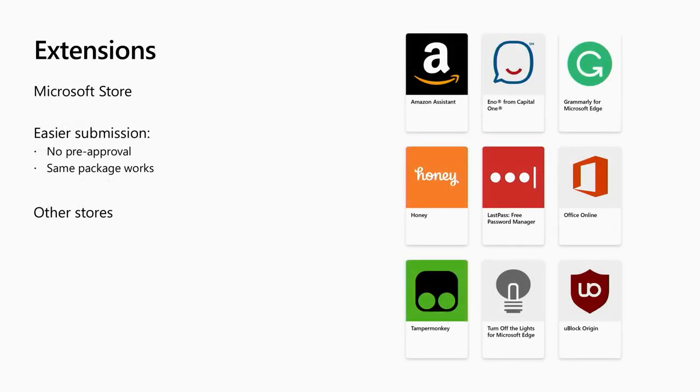So we know many of you also want to customize your browser with extensions. So there's a lot of feedback from people wanting ad blockers, password managers, and so on. So the extensions that you count on will work in Microsoft Edge, and if they don't, that's a bug we need to fix. Now, you can get these extensions from the Microsoft Store,